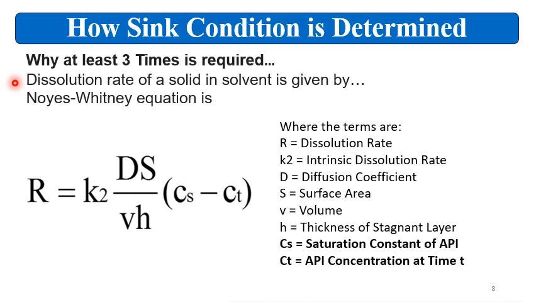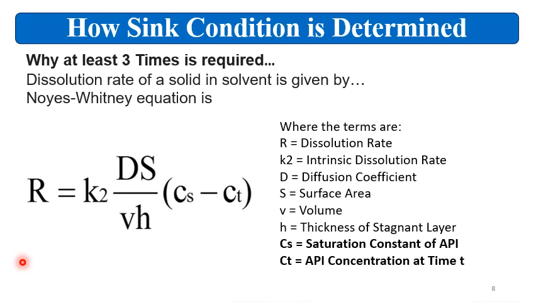Now, how are the sink conditions taken as at least 3 times? Somewhere it is also written that it is 5 to 10 times, or minimum 3 times. So how did it come into the picture that 3 times the volume is required? Now consider the Noyes-Whitney equation, which is given for the dissolution rate of a solid into the solvent, and